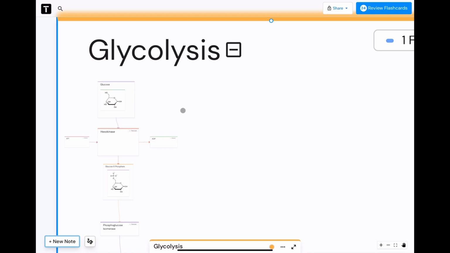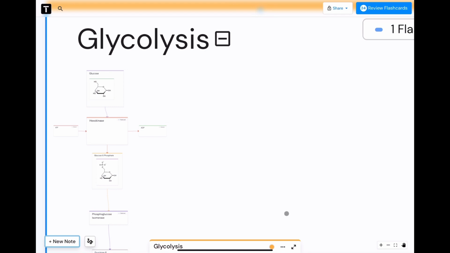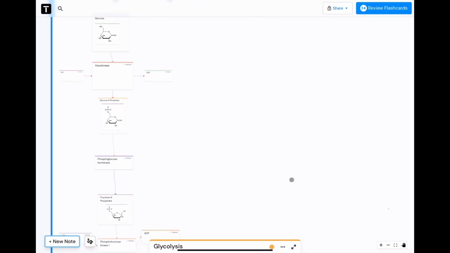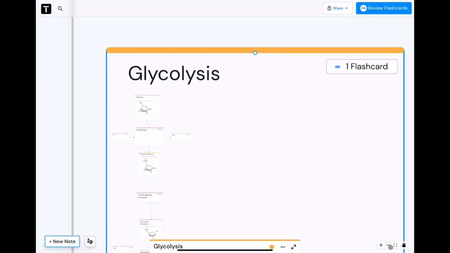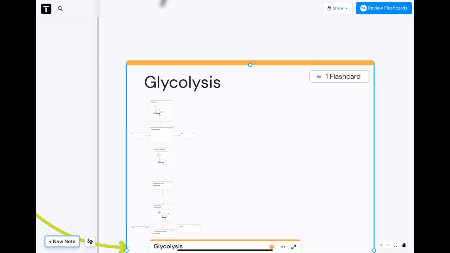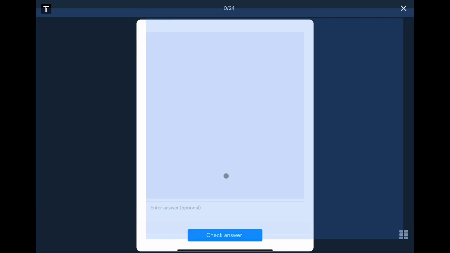So today with this video, you're going to learn all of the steps of glycolysis, you're going to learn how it works, and also you're going to understand how to memorize it and truly comprehend it. And at the end of the video, we're going to create this entire map together. And you'll also just have all of the flashcards and this map if you want to use it, but I'd really